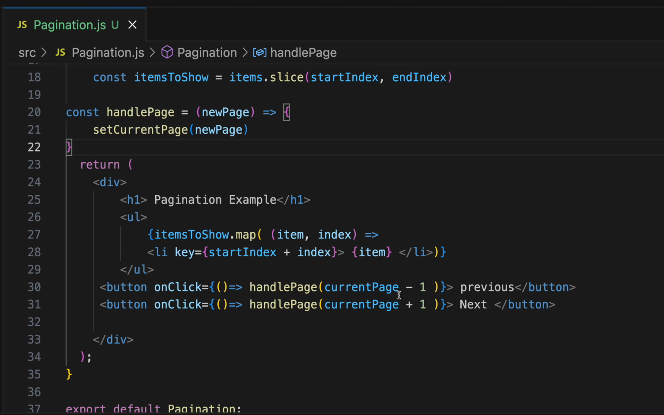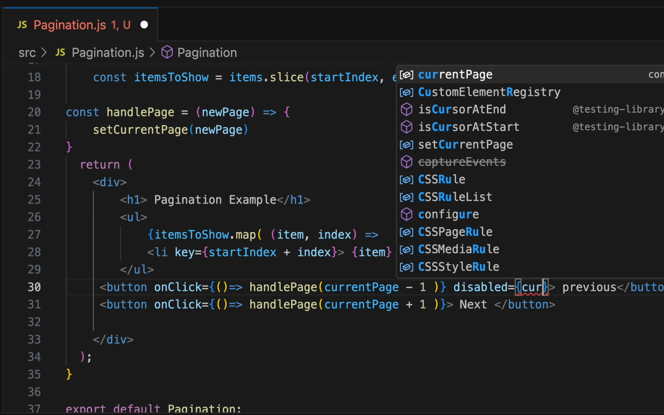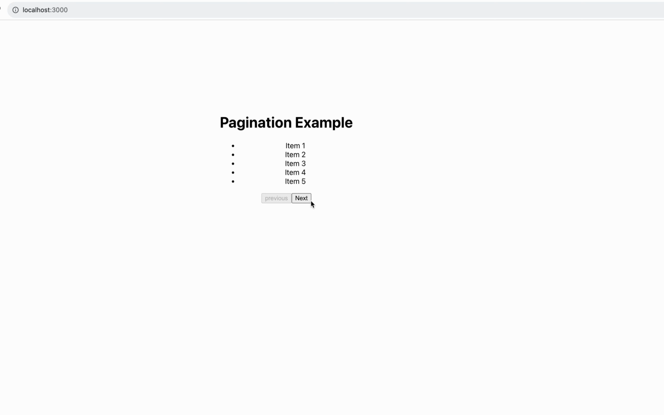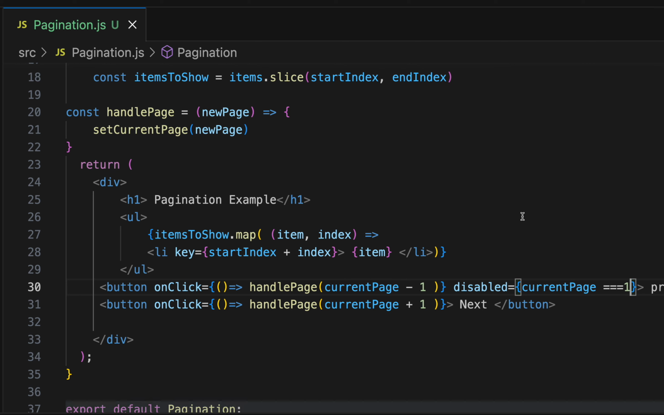Let's go ahead and do that with the disabled keyword. So let's say disabled equal to, when should it be disabled? For the previous page, it should be disabled when the current page is equal to 1, right? Because the current page as of now is 1. If the current page is 1, then it should be disabled. And similarly this should be disabled when the current page is